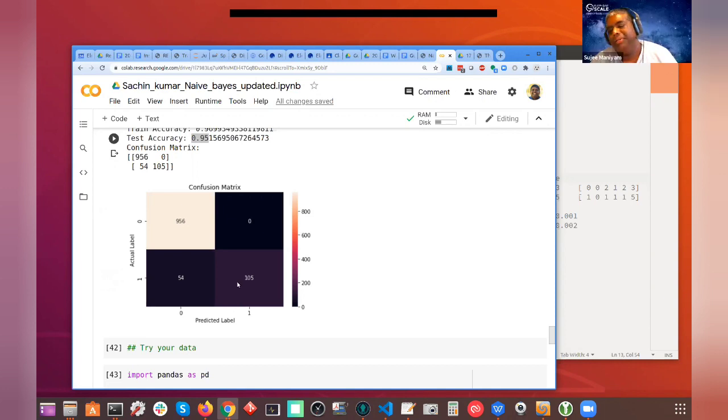Yeah. Right. So let's look at the 1 row. We expect to see everything under this column in this cell, 1, because remember, we want the diagonals to have all the data, right? So I expect to see 1, 1 to have most of the data, and it does, but also quite a bit of data is misclassified as 0, right? Remember, everything in this row is 1, so I'd like to see everything under the 1 column, but here it's a bit of a split. I think it's 2 to 1 maybe, so for every 2 it's predicting correctly, it's predicting 1 incorrectly. So about 66% accuracy, like you guys mentioned.